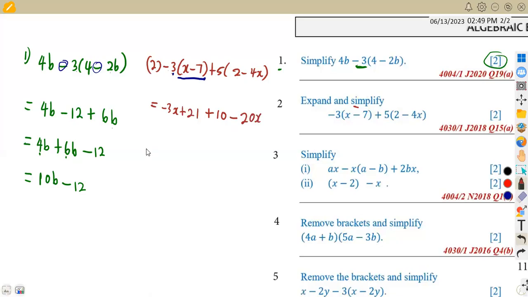So just like what we saw in the previous case, collecting like terms, that is, we are focusing on the terms with x. We've got x here, we've got x here. So this is going to be minus 3x minus 20x. We are remaining with 21 and 10. So please take note, guys, on this part. We are not